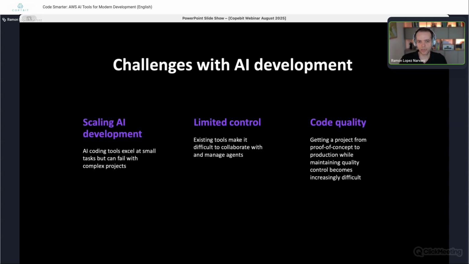But we see challenges, right? If you have used AI assistants during coding, you'll know that when they run into issues, they will really dig themselves into a hole, so they can't get back out of that hole, and they will try again and again with different approaches, but essentially they have a hard time keeping track of all of the steps that they have done. They have a hard time understanding complex systems. And so oftentimes we build prototypes with those AI assistants, but then we struggle to move from a prototype to a production application.